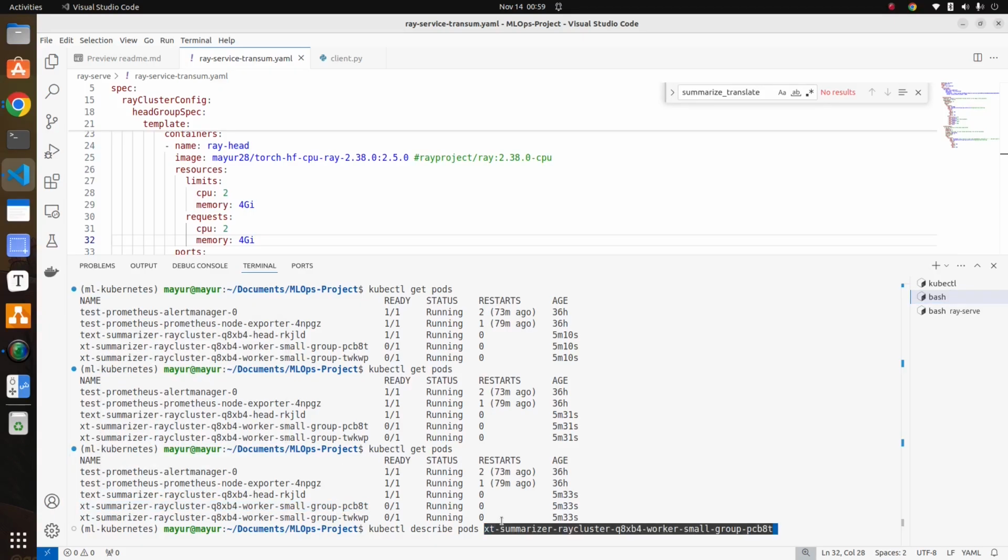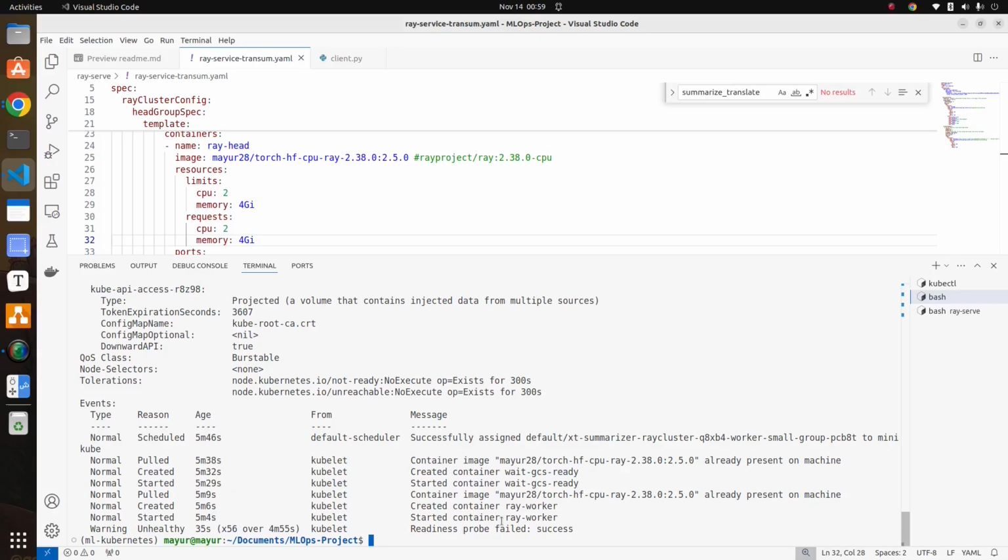So anyway, with respect to what we wanted to achieve, we were able to do that. Okay, so what we have done is we have created a Ray service and we deployed our model inside the Ray service and then hosted it on a Kubernetes cluster. We were able to hit it through our client. So with that, I'll conclude this video. I hope you understood how to use Ray service on Kubernetes such that you are able to scale your inference service